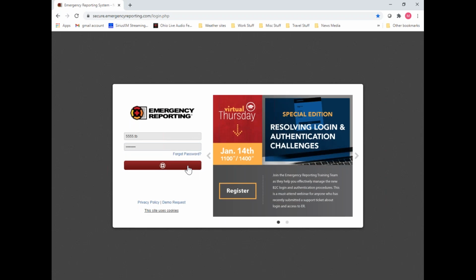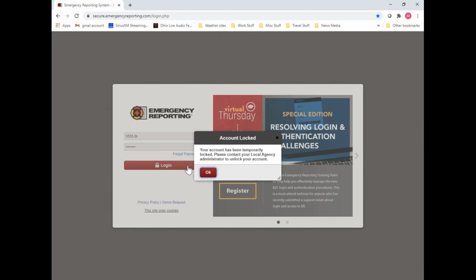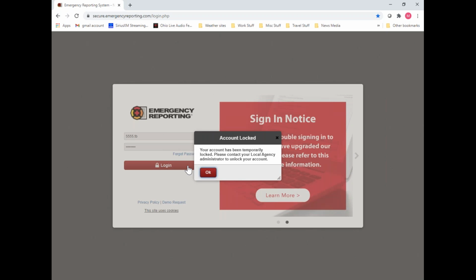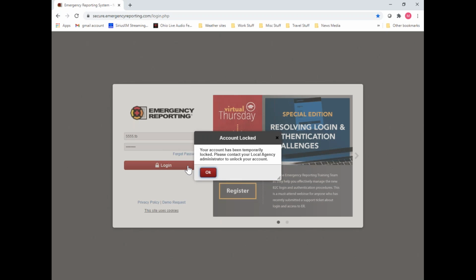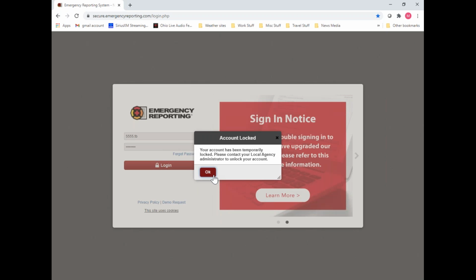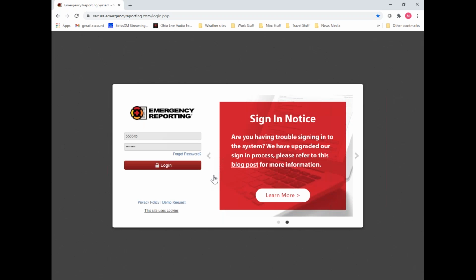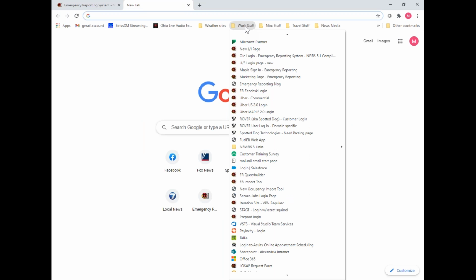And select login, and they get this message, account locked. Your account has been temporarily locked. Please contact your local agency administrator to unlock your account. So if you see this message, what you need to do is talk to your local system administrator and have them perform this action. I'm going to go into this particular account